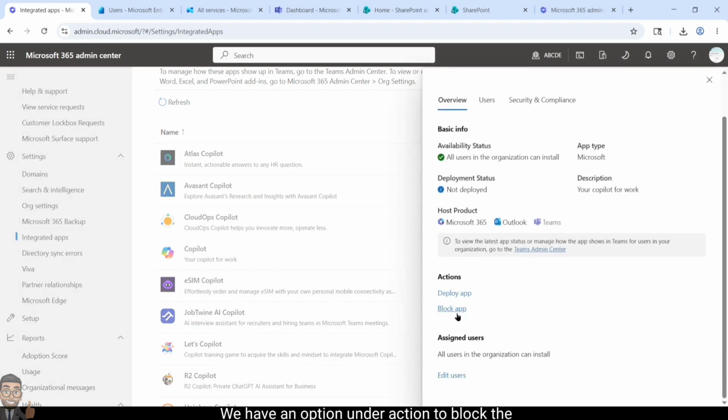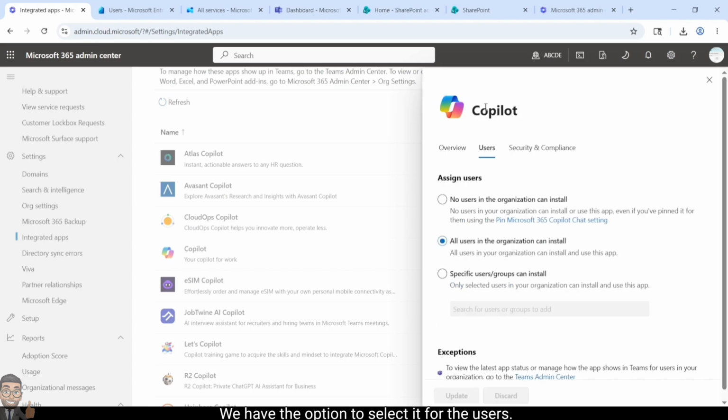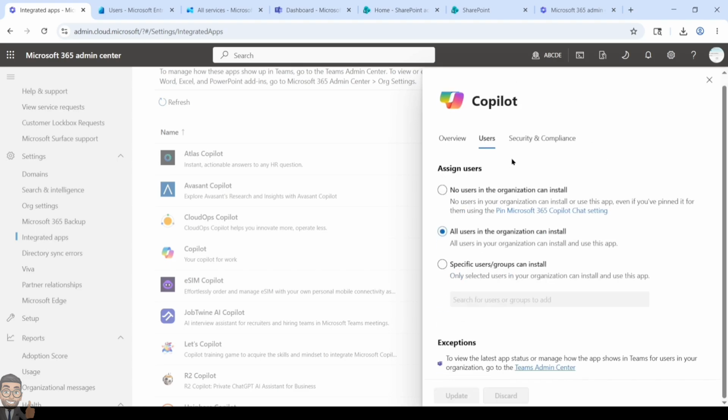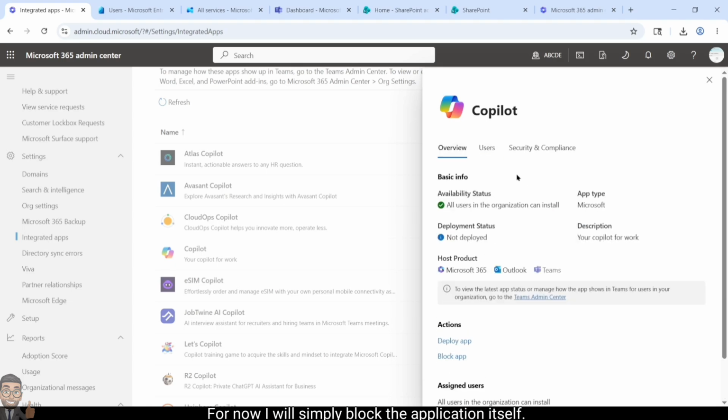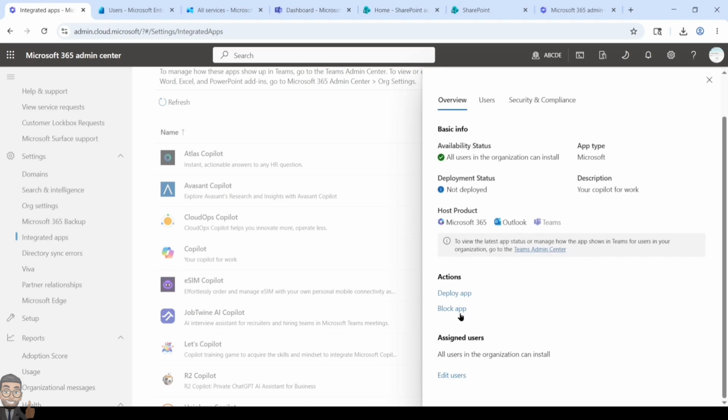We have an option under action to block the app itself. We have the option to select the users to whom we only want Copilot to be deployed. For now, it is available to the whole organization. If you want to restrict it, you can simply select the specific group and then the group name itself. The members of the group will still be able to access Copilot, but other people in the organization will be blocked. For now, I will simply block the application itself,